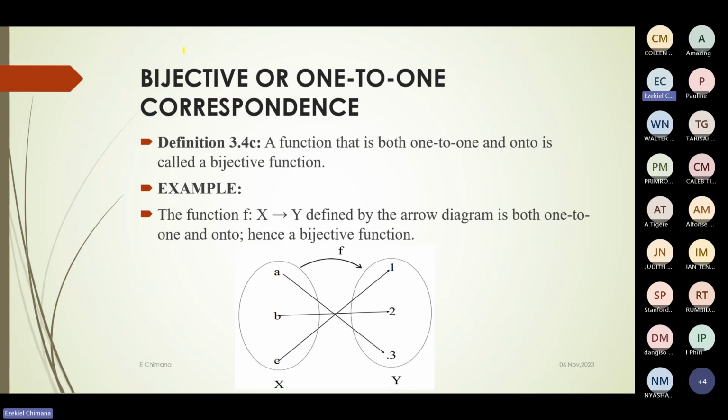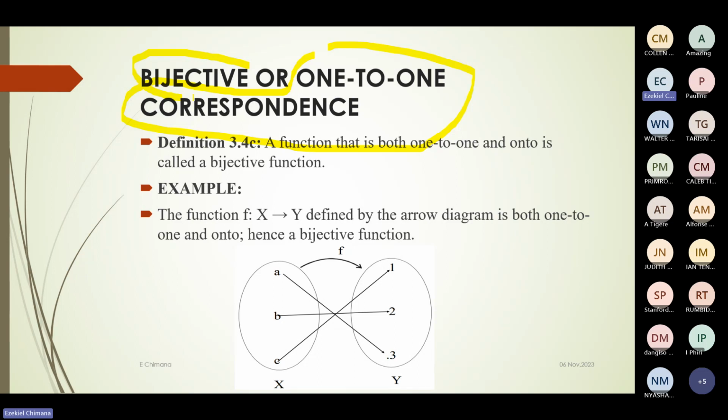For the sake of time, let's look at the bijective, or one-to-one correspondence. You equate one-to-one correspondence with just bijective. So we have got the injective, the surjective, and the bijective. A function that is both one-to-one and onto is called a bijective function. So something which is surjective as well as injective is the one which is a bijective function. So you just need to know the injective side and then the surjective side. Once you know that, you can tell